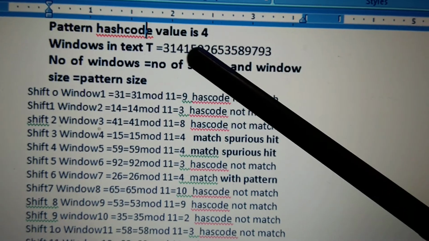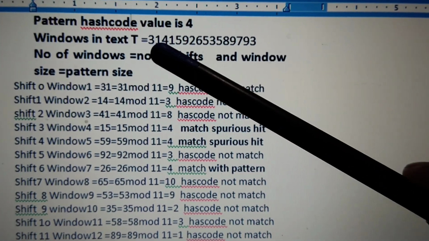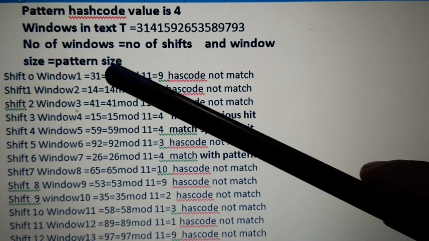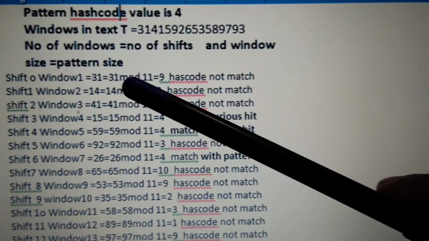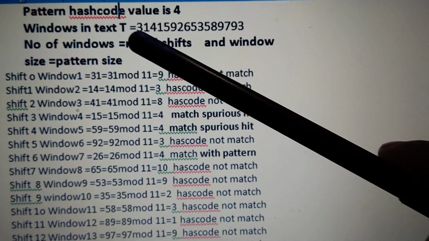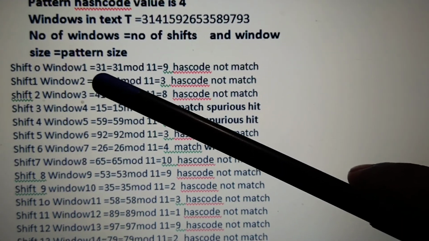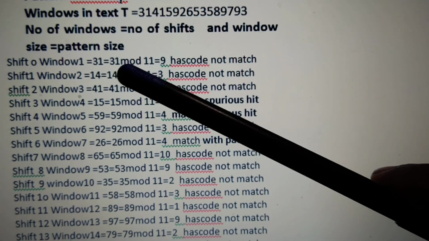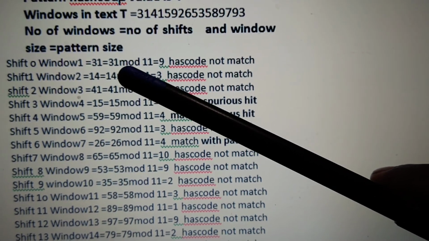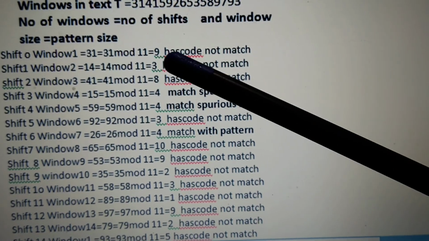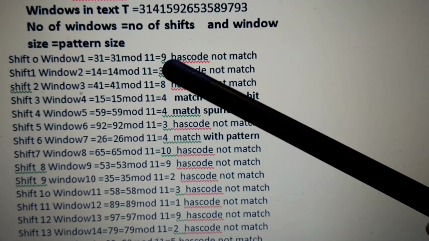The first window is the first 2 characters of the text, because the window size is the pattern size, and the pattern size is 2 characters. The first window characters are 31. For this 31 we find the hash code using the hash function mod 11. 31 mod 11 gives 9, so the hash code of window 1 is 9.